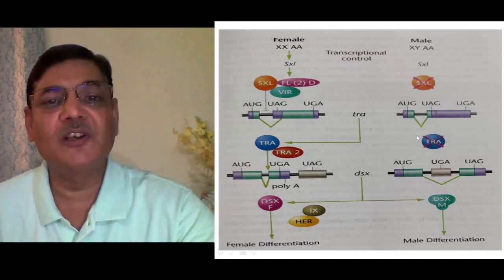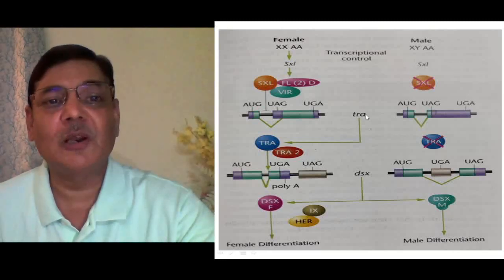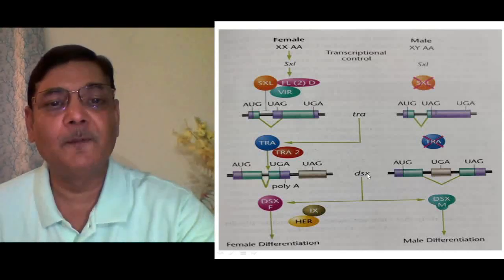So this is the major difference. Actually, in case of female, splicing occurs in one specific manner, whereas in case of male, splicing occurs in a different way. So alternate splicing is the major happening, particularly with TRA, that is transformer gene, as well as with double sex gene. These two genes are spliced in a different manner in female as well as male,